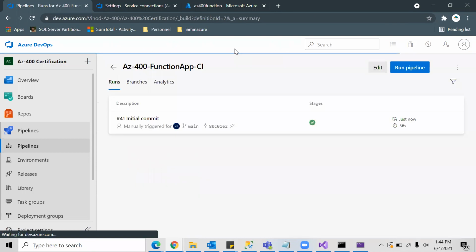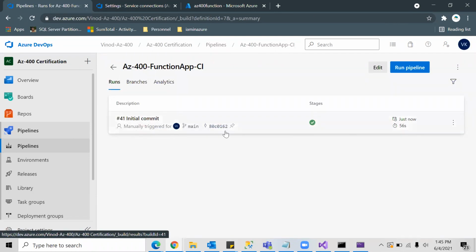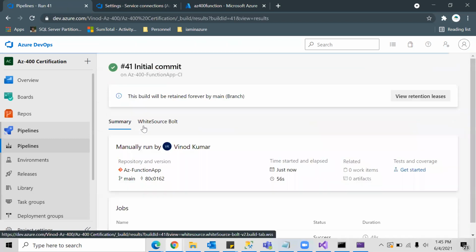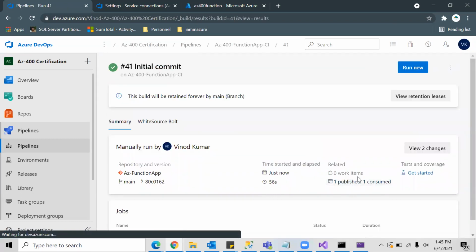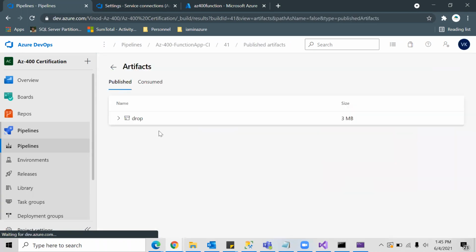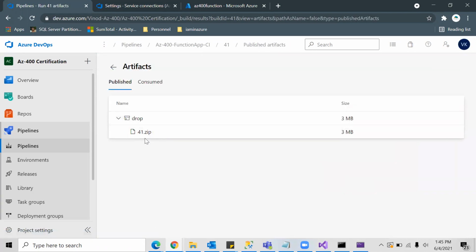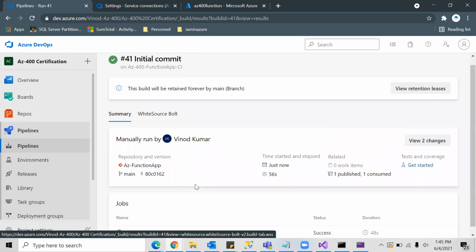Okay, this is done. Now when you see here, this is the pipeline that just completed, and when you go here, you will see the artifacts that have been published. We have an artifact of drop, inside which we have a zip folder, inside which we will have our DLL files for our function.